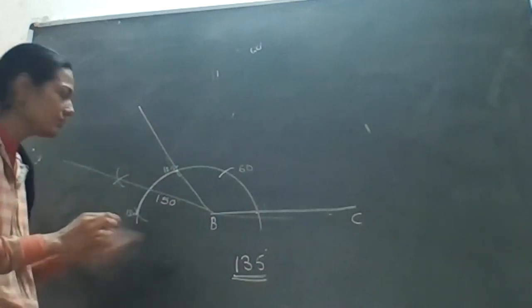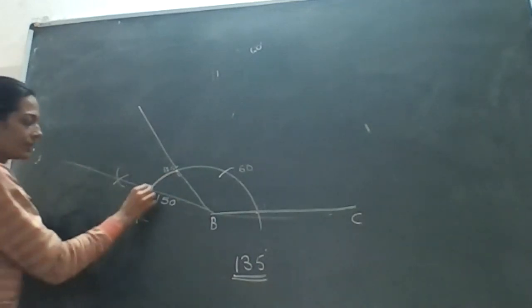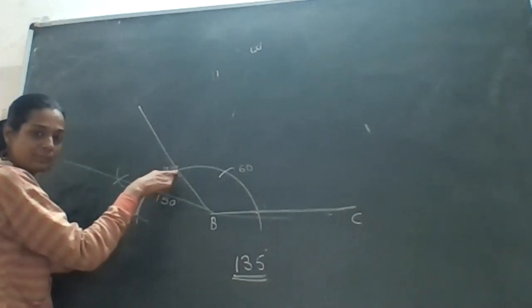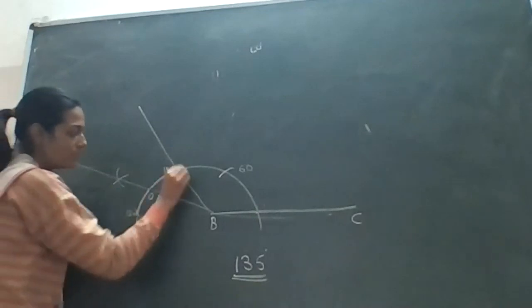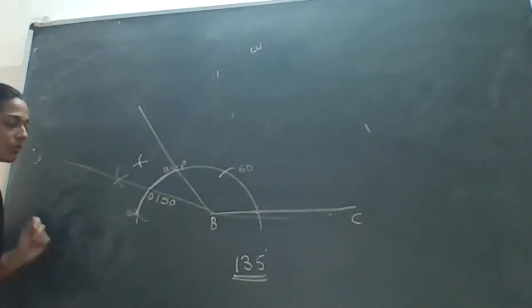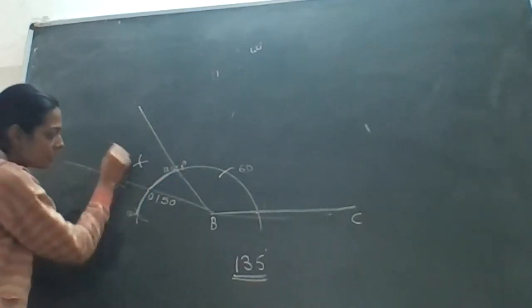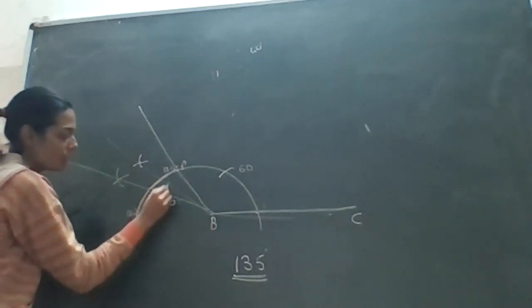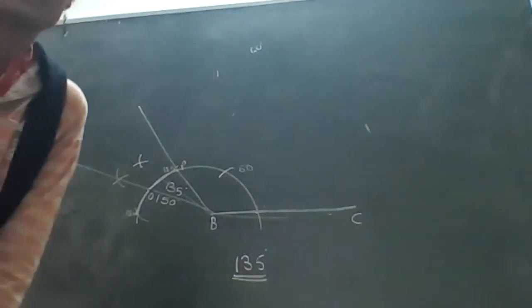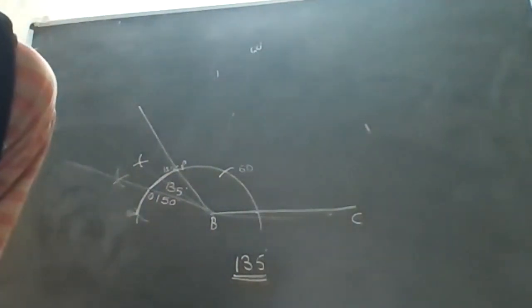Now this will lie between 120 and 150. So you take this much radius, which will become O and P. Take the radius of this much and draw one arc here and here from O and P. Then you will get the angle that will become your 135 angle. Getting? Yes, ma'am. See, that requires some more practice with you.